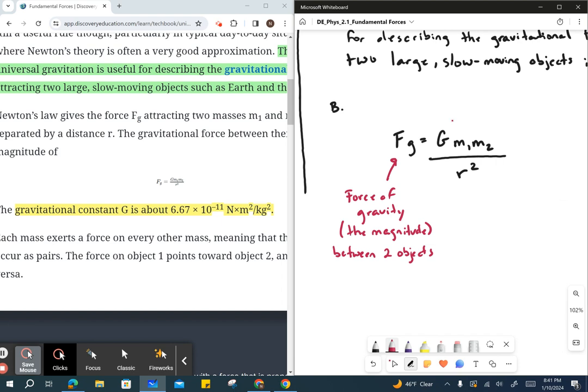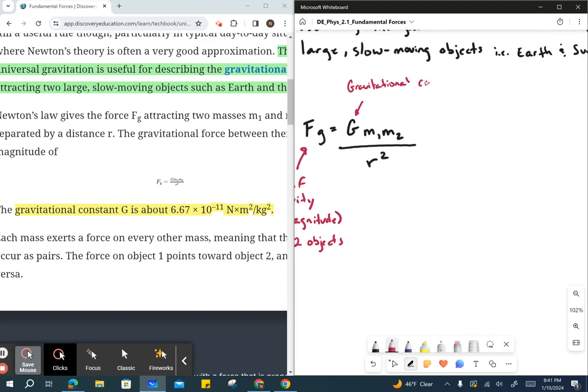Okay, that's not going to change. Gravitational constant, which equals